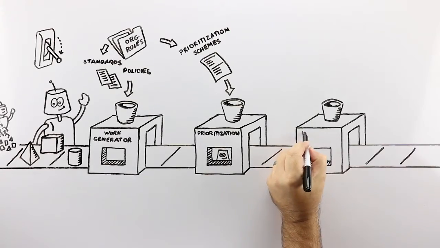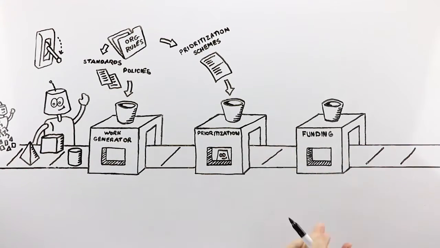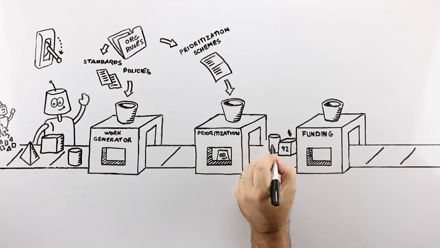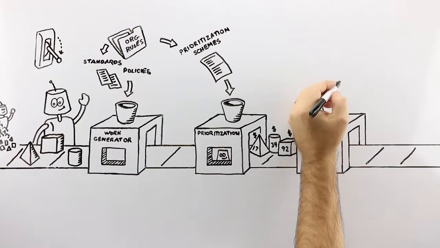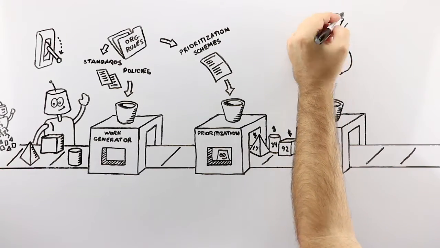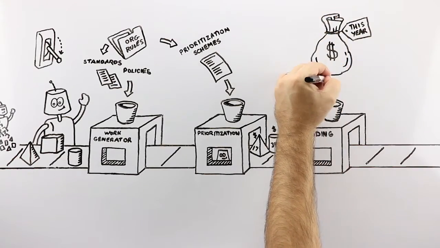At this point, the system knows which components need work, how much that work costs, and in what order the work should be completed. These prioritized work items then move down the line to the final process, where Builder assigns funding to them. Your organization tells Builder how much money is available for each year and any restrictions on that funding. The prioritized work list moves into the last box,